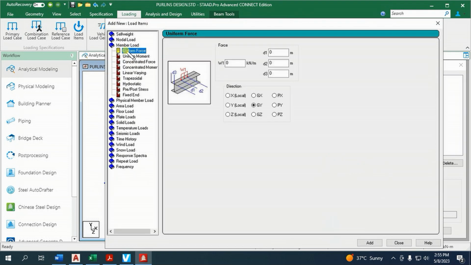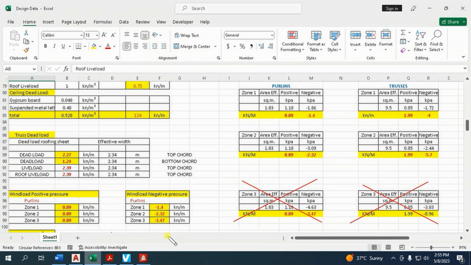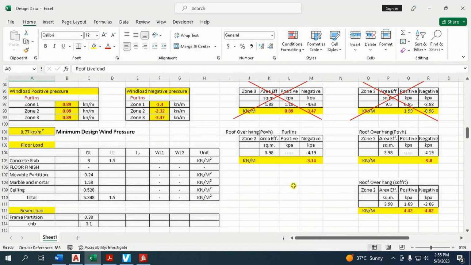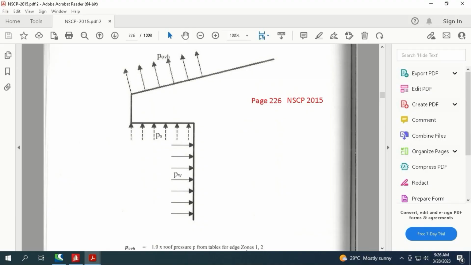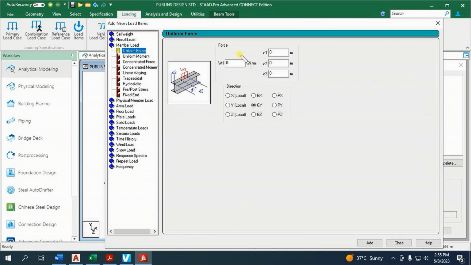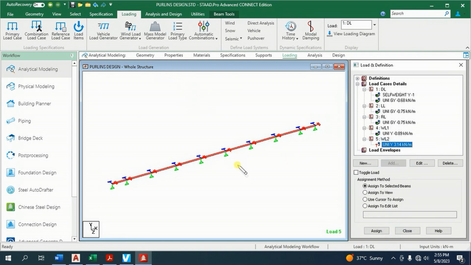Click member load. This WL2 is the suction. So in STAAD, it is directed upward. So in our table, the load is -3.14 kN/m. The negative sign here means suction. So type 3.14 local Y, then click add. Let us apply this. Highlight the load, select all the members in the model, click assign to selected beams, then